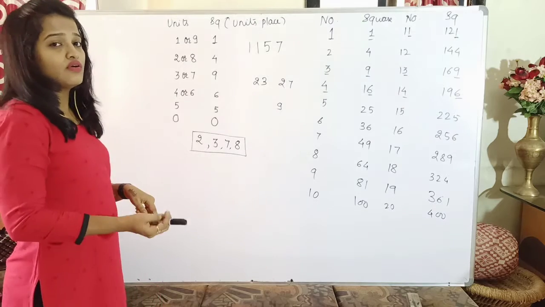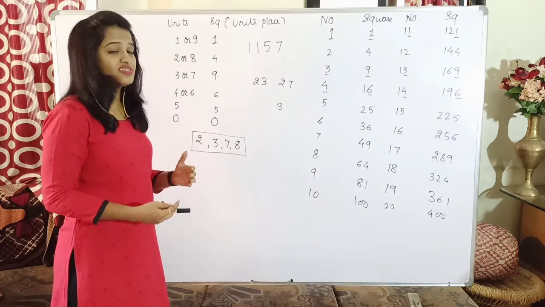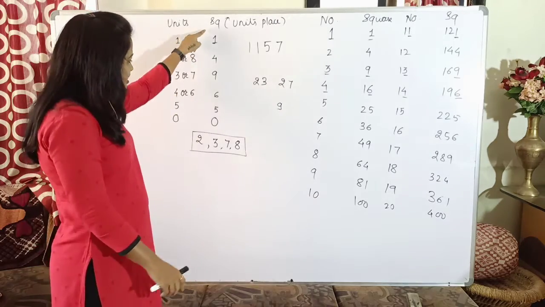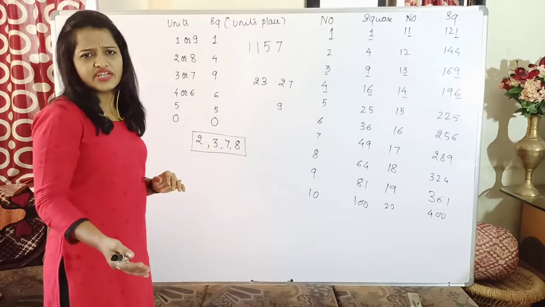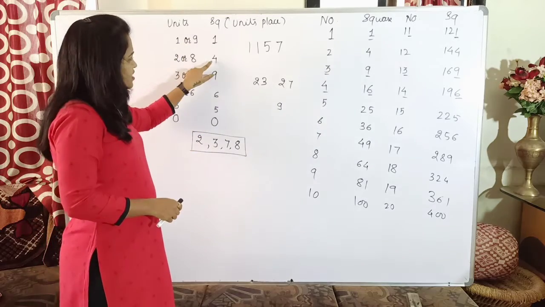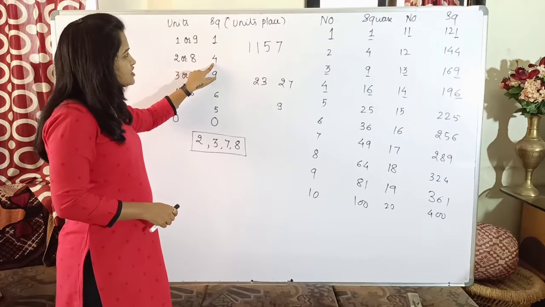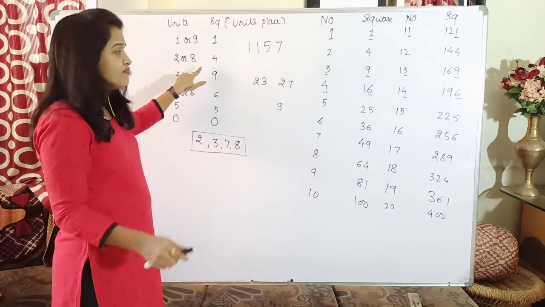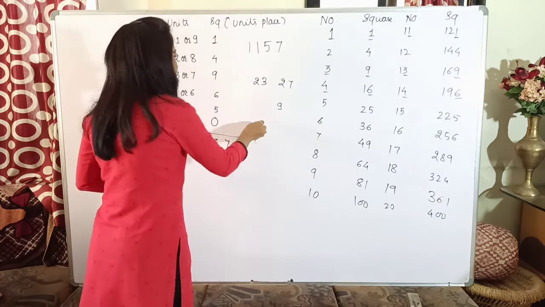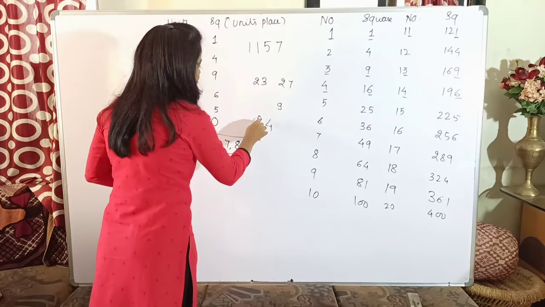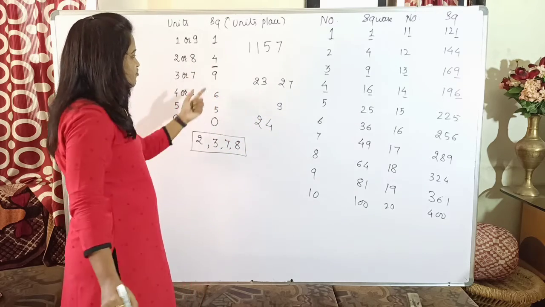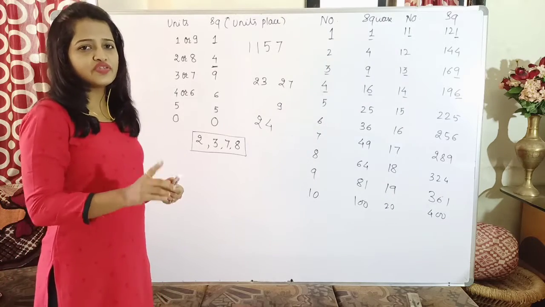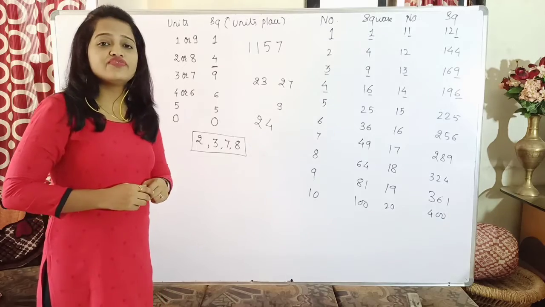But the second part of the same property is, does it mean if any number is having any one of these unit digits, it will definitely be a square? If 4 is present at the unit place of a square number, then it could be a square of a number which is having 2 or 8. Let us write down 24. Now, according to my rule, if 4 is present, then it has to be a square. But is 24 a square? Square of 5 is 25, square of 4 is 16. So definitely 24 is not a square.